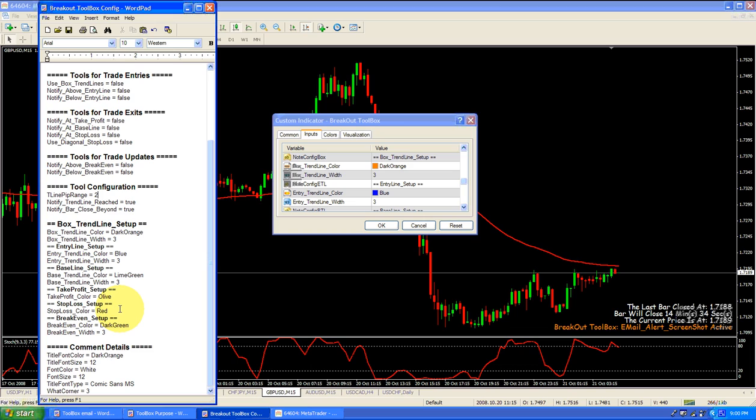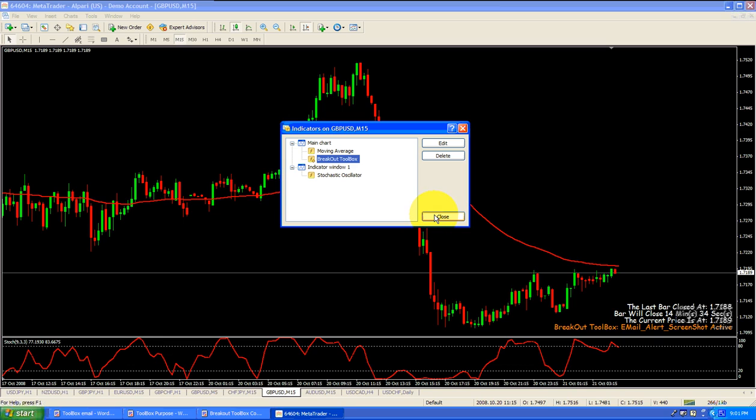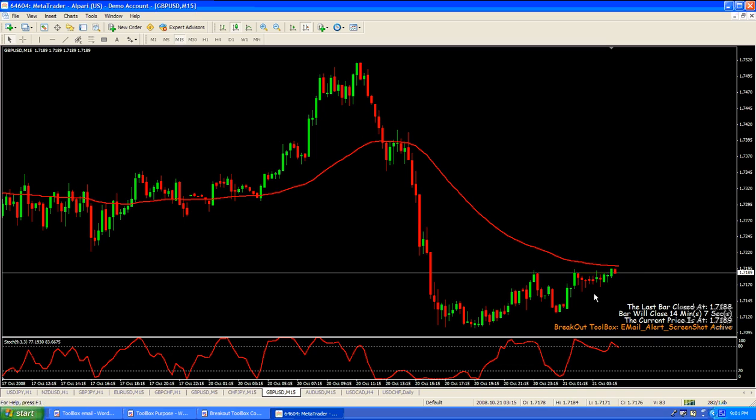And the last section here is the comments detail, at the very end of the indicator setup. All this does is allow you to change the text in the lower right hand corner of the indicator to have the text either be larger or smaller. You can actually move the text to the different corners depending on where you would like it to be, based on if you use this with other indicators and you don't want it to be in the same corner. You can move it around, you can change the color and the size. So that concludes the